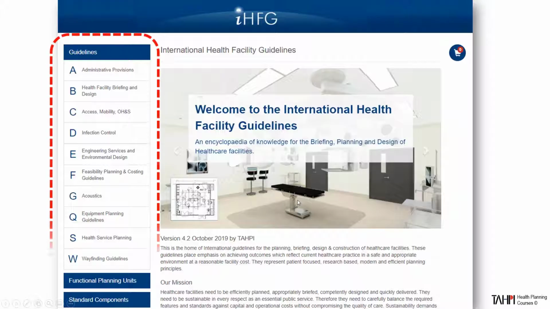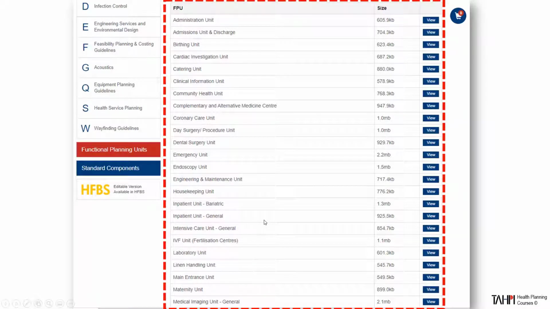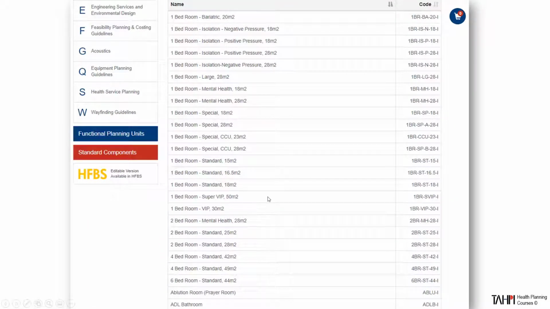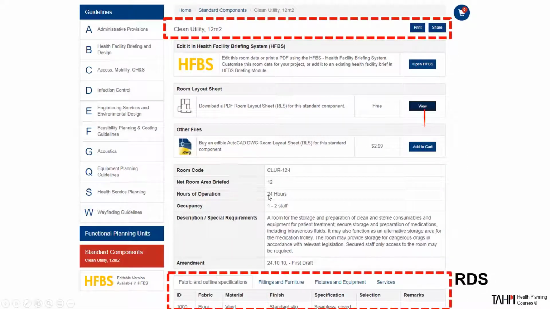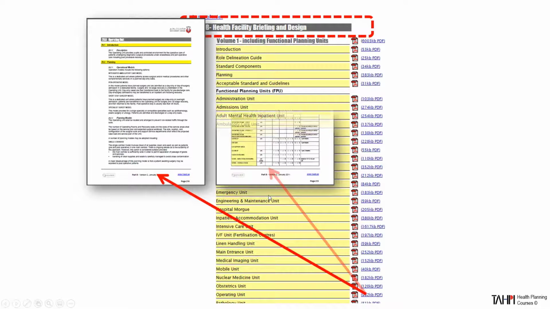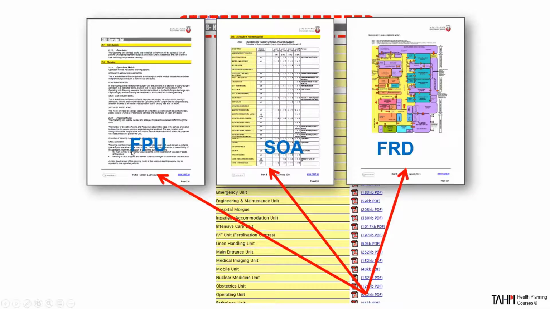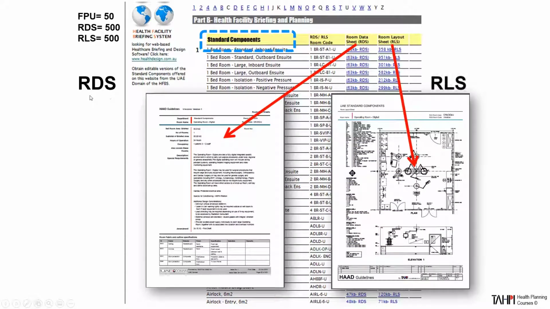We look at the navigation of the guidelines, how to read them, how to find everything. For example, how to navigate for functional planning units. Look at each one. How to find individual room templates. Open them. Look at individual plans. For example, this one. How to drill down into functional planning units, schedules of accommodation, functional relationships diagrams within the schedule of accommodation, what rooms are required according to what role delineation level. Once those rooms are found, how do we get the room data sheets or RDS and room layout sheets or